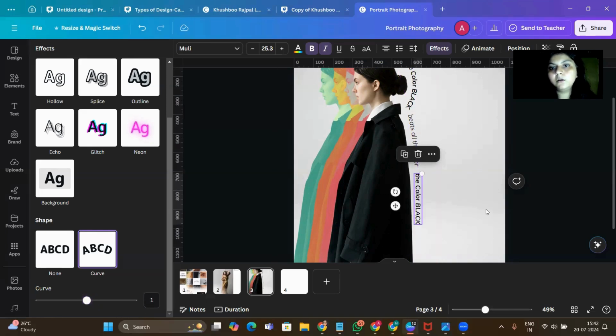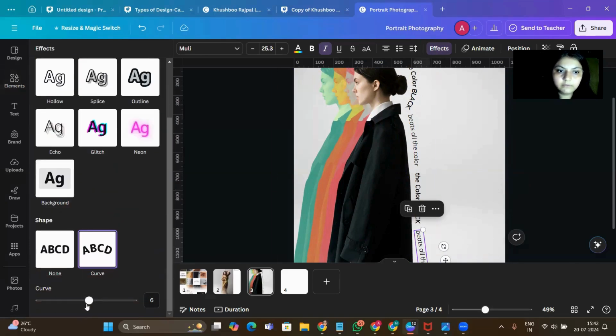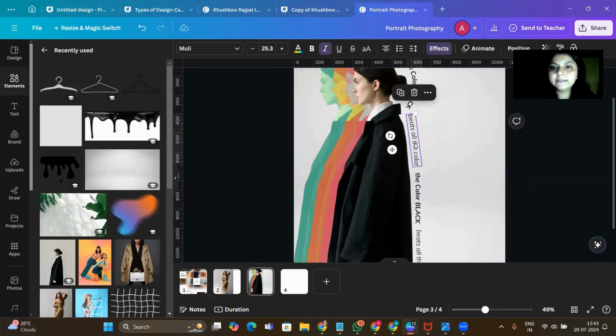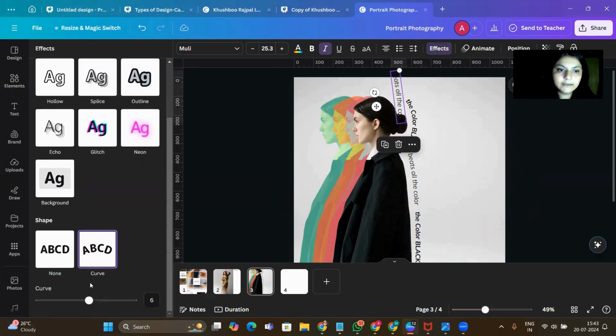1 is decent here. 1 is decent. We'll take this again, a little space, and we will repeat this. We'll place this here. Again, we need to align the placement, effect, curve. Because this is getting cut at the down right now, you can place it this way itself without much hassle. So if you see, and again, if you want to copy this again, and you want to place this here, again, you have to go to effects and